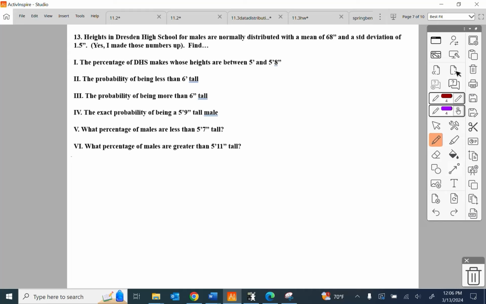The percentage of DHS males whose heights are between 5 foot and 5 foot 8. Now 5 foot is going to be 5 times 12, 60 inches. And 5 foot 8 is going to be 60 plus 8 inches, 68 inches. And again, we kind of get to cheat on this, so we're going to use a function on your calculator called,